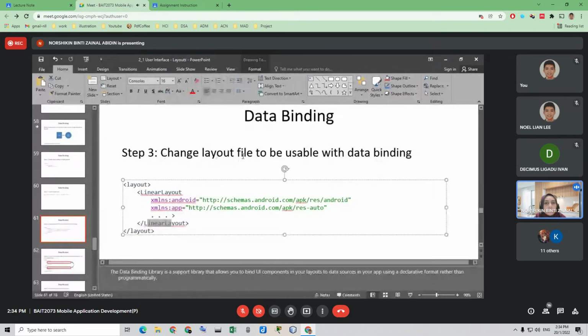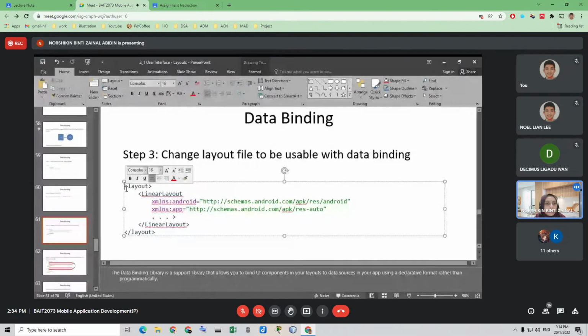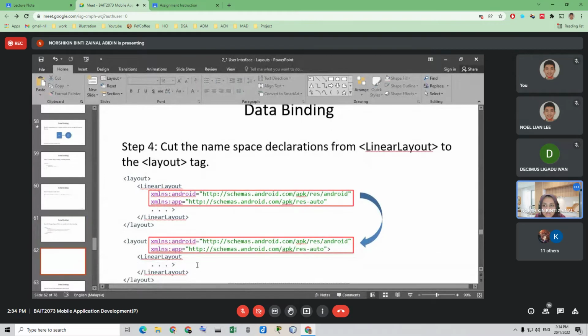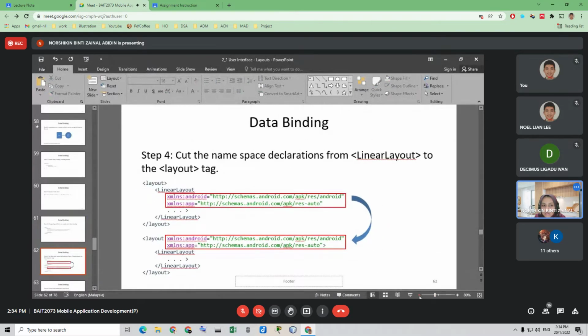Yeah. So change the layout file to be usable with data binding. Next is step number 4, data binding. Step number 4: cut the namespace declaration from the linear layout to the layout tag. Okay, cut the namespace. So you need to remove the namespace. So here we have